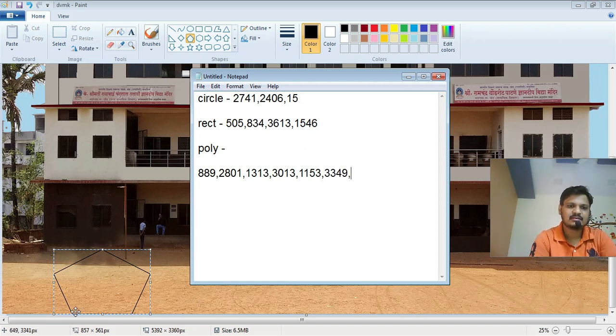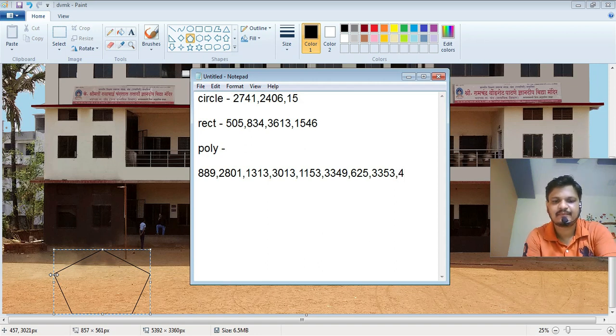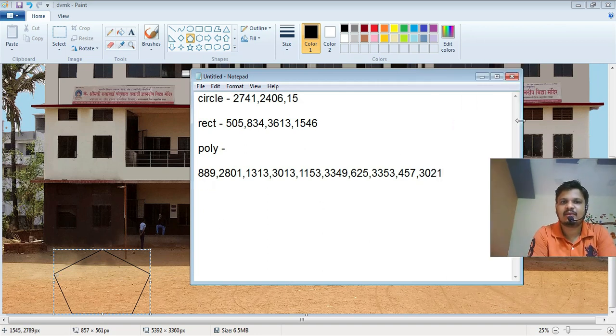Next 625 comma 3353. And the last point, 457 comma 3021. We covered all values because these are 10 values. How are these 10 values? Because a pentagon has 5 sides, and 5 twos are 10.